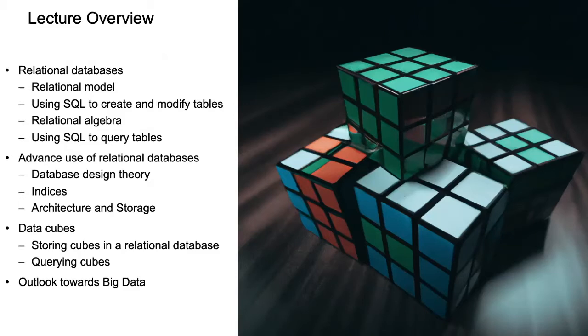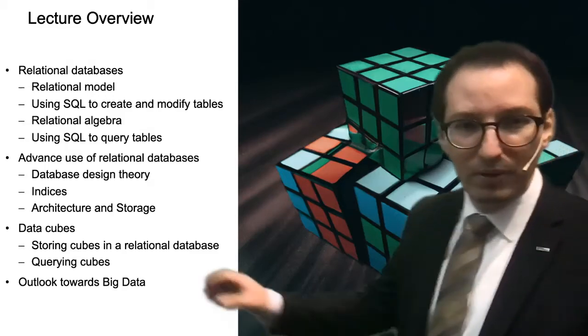This is also going to be useful for you when you have to store your own data in a system. So we will look into what is called normal forms, we will look into functional dependencies, and so on, right? So this will be a lot of theory. In the week after that, we will look into indices.